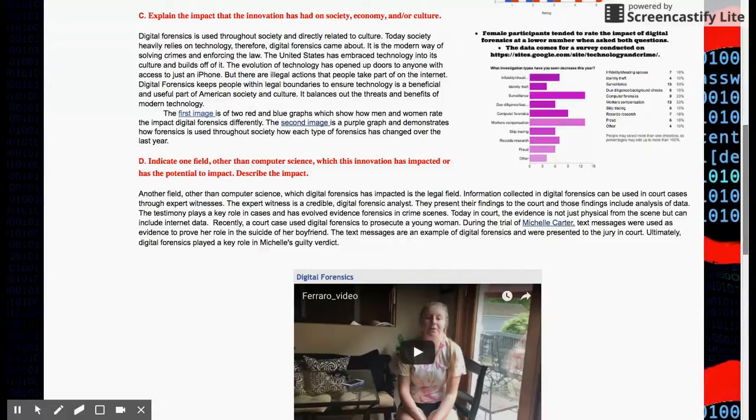The next prompt is: indicate one field other than computer science which this innovation has impacted or has the potential to impact. Describe the impact. For this prompt, I wrote about how it has a big impact on the legal field because the evidence used in digital forensics can be used in courts, and expert witnesses who are digital analysts have to testify based on what they found. And I talked about a case recently where they used text messages as digital evidence to